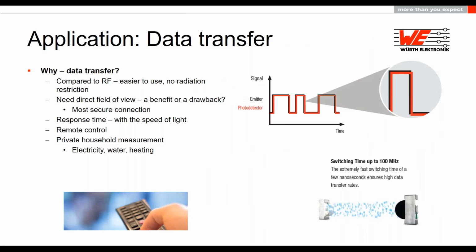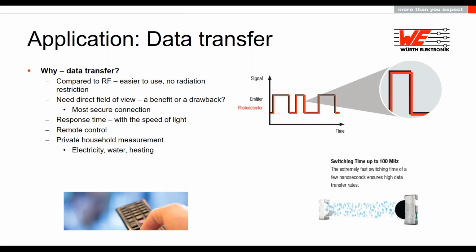What other applications we are now developing is data transfer. It's a lot easier to have a data transfer between an emitter and detector. If you consider the most simple one, this is a remote control where I can press a button and a signal would be sent with invisible light to my TV or my stereo, and then the program will be turned on and off, the volume will be turned on and off. If we consider that the switching time is up to 100 megahertz, then we can use this in even more complicated